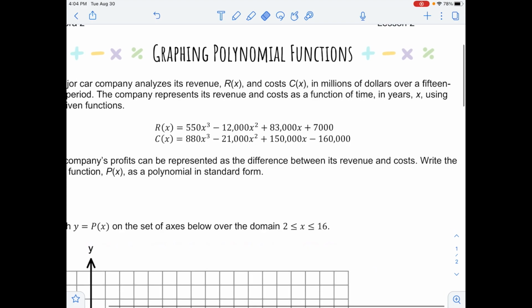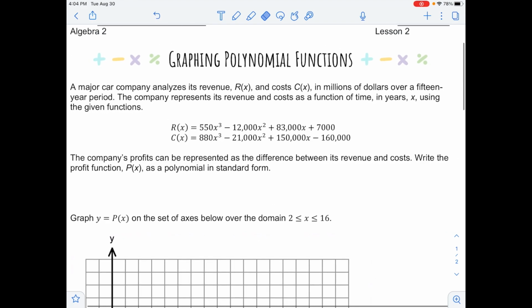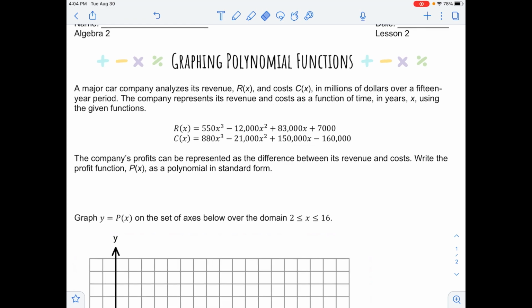The first part of this asks us to write the profit as a polynomial in standard form. Yesterday I talked about how profit is revenue minus cost, and I used the example of a lemonade stand. Revenue is how much you're bringing in from selling lemonade, where cost is the cost of the lemons, the cup, whatever you need for your stand, and then the profit is the revenue minus the cost. That's what you've made, and hopefully your profit is positive. So we need to go ahead and do